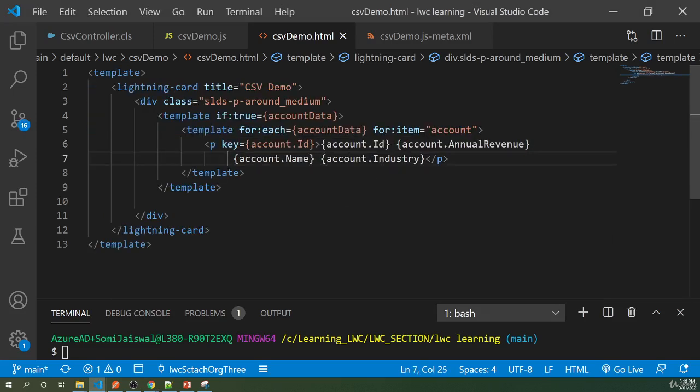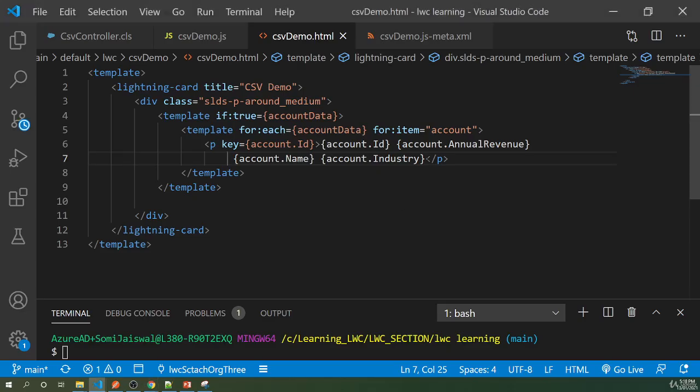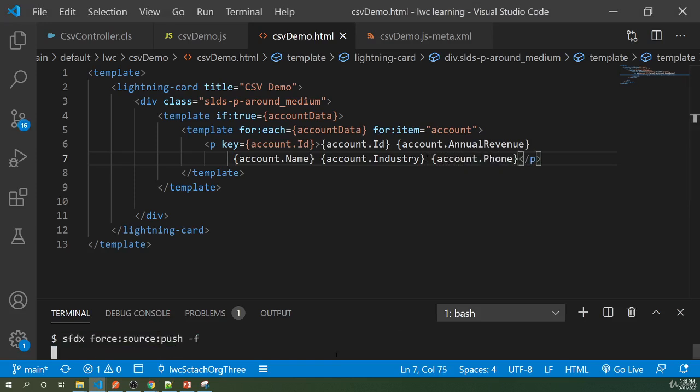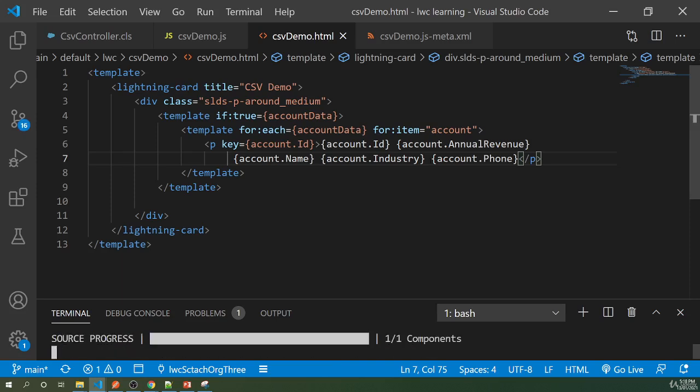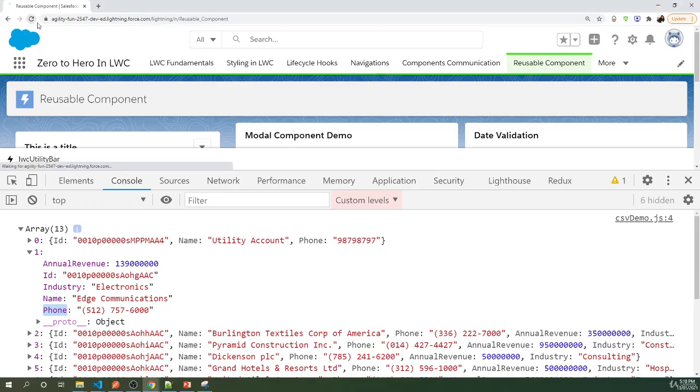And one more field is pending, let's add that as well. So phone number, the account dot phone. So let's deploy and see whether it's rendering the data or not. We are just printing the data as it is. We are not creating any data table or something. I just want to keep the video short. So we'll just print the data on the screen, and then we'll write a utility for CSV generation. First I want the data to be there,